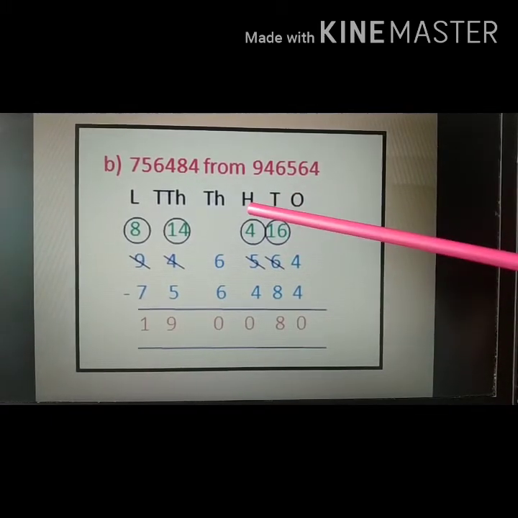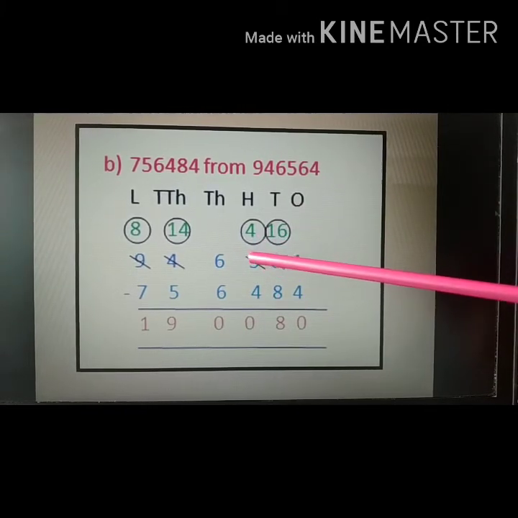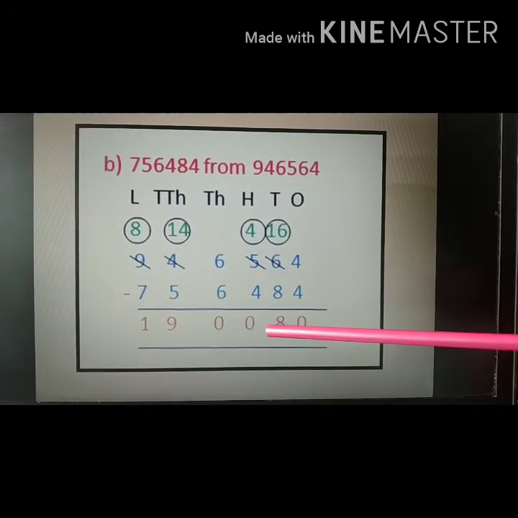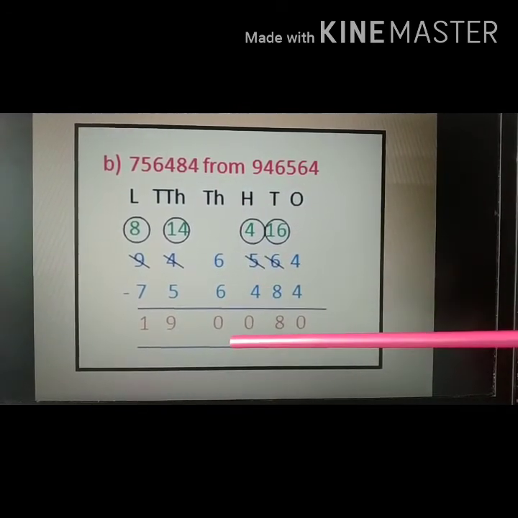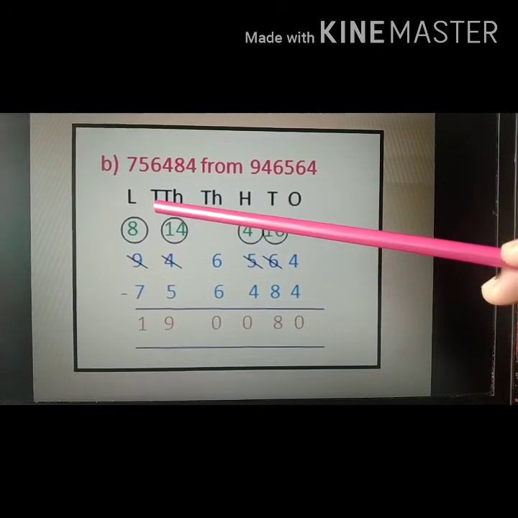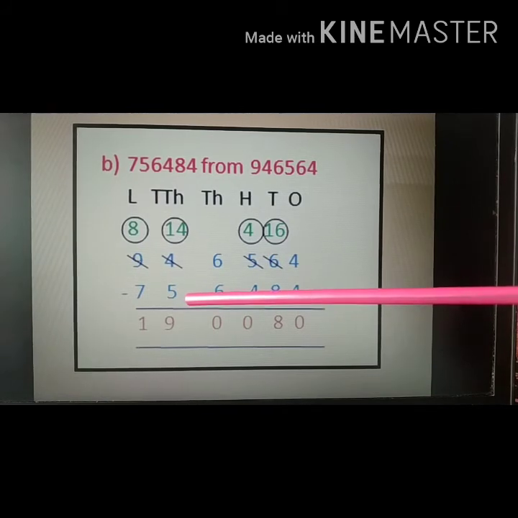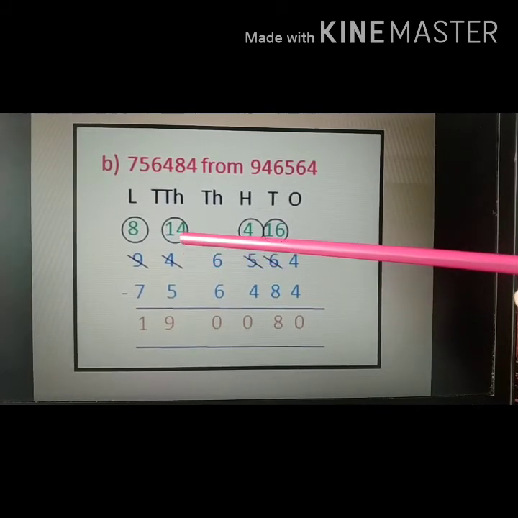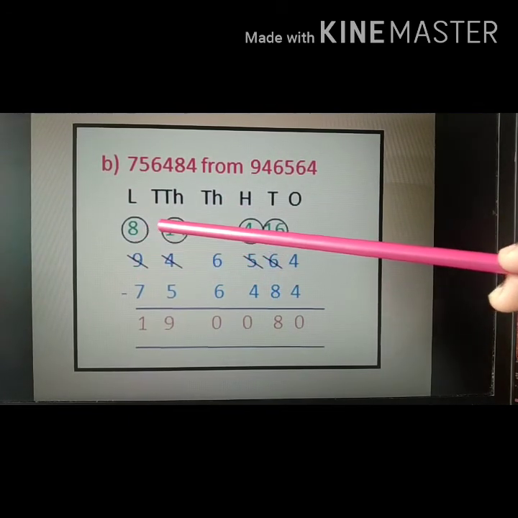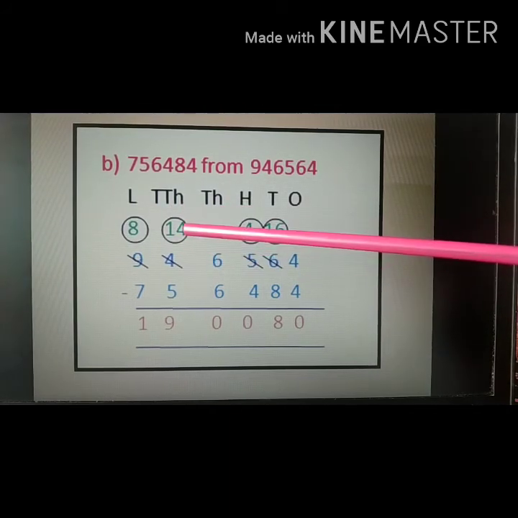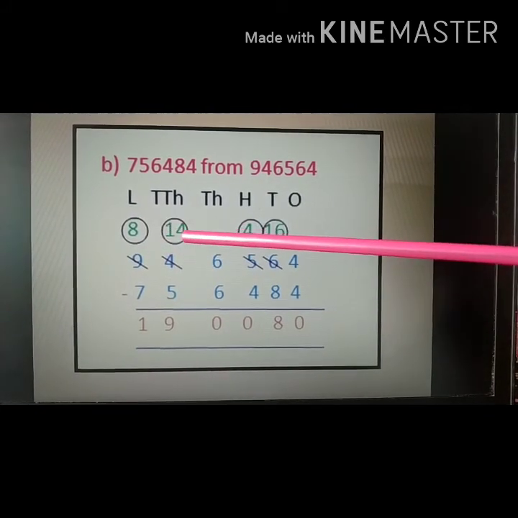Now moving to the left side, 100 place, we are having 4 now. We will consider 4, not 5, because we cut the 5. 4 minus 4 is 0. Now again moving to the left side at 1000 place, 6 minus 6 also 0. Now moving again to the left side, 10,000 place. Here we are having 4. 4 minus 5 again not possible. So again we will borrow from the left side friend, that is lakh. From 9 lakh we will borrow one, and at 10,000 it will become 14, and at lakh place it will remain 8 only because one is given to the 10,000.